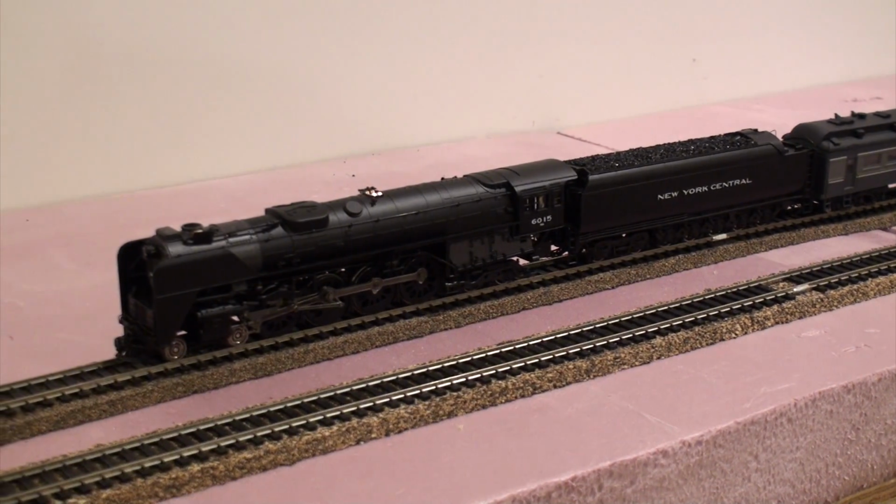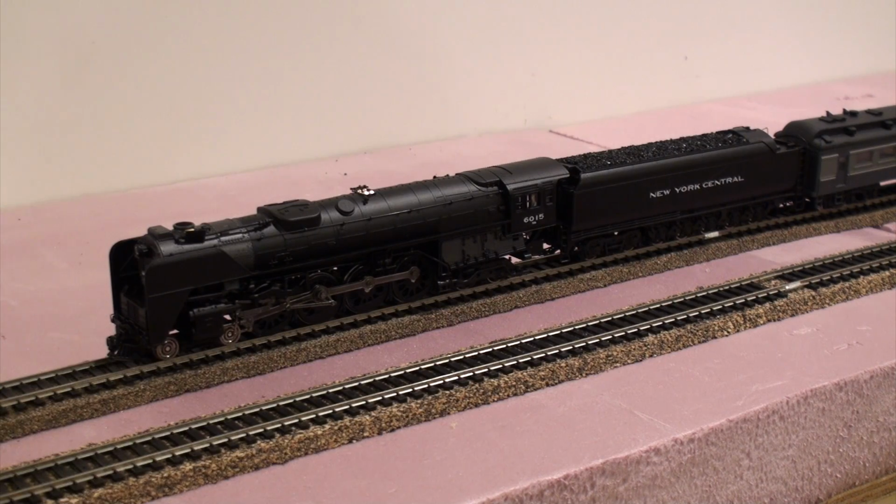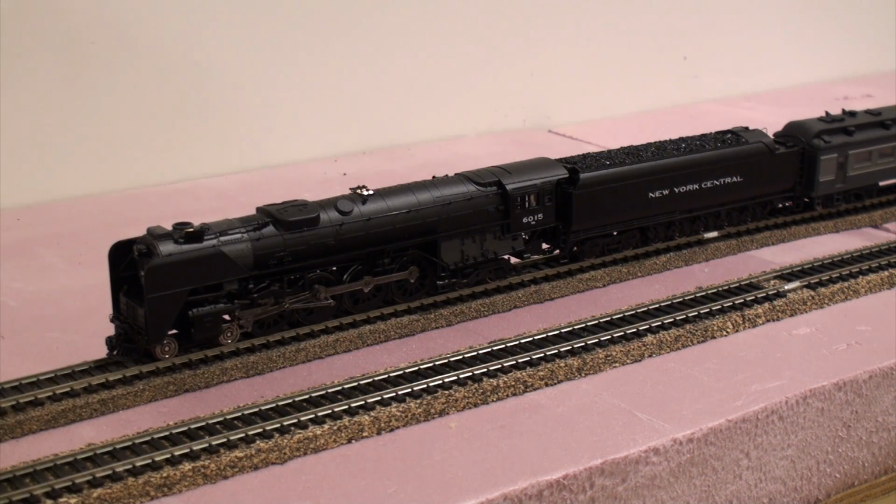Also the New York Central, obviously everybody knows Lionel did a ton of New York Central stuff. And that's part of the reason I also like the New York Central. I have a couple that I really enjoy, and I also have the 5344 Hudson, the J1E, which is the most famous one Lionel ever produced, the 700E Hudson. But anyway,